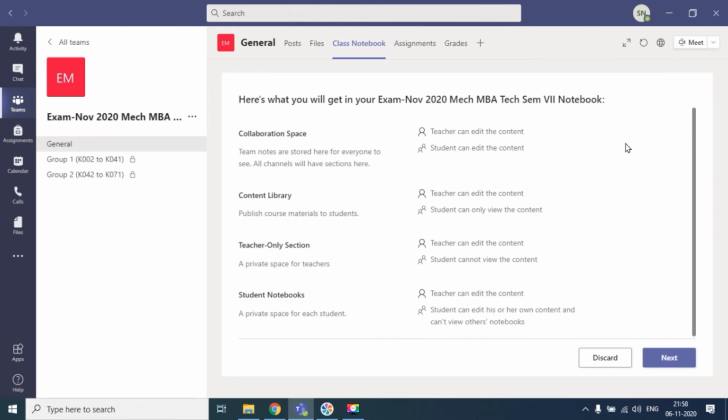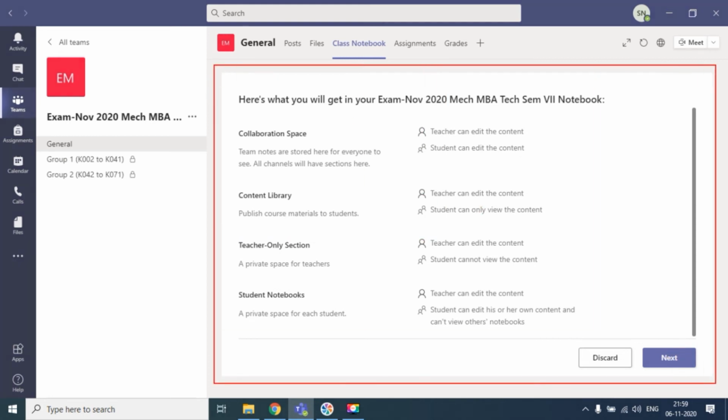For us also, it would be good to create the entire exam content in a separate place, and whoever has duty or whatever work there would be, we can add them, and that is how we can go ahead. So one important thing over here: this activity of creating the class notebook, we should do only once all the students are added in our team.